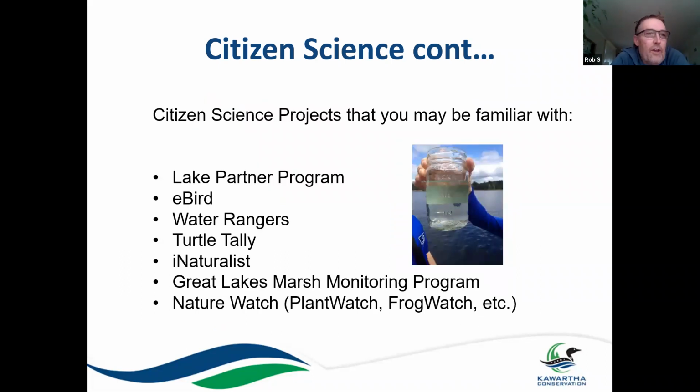So you might be familiar with a number of other citizen science projects that are out there. A couple of common ones that a lot of people are familiar with are eBird and iNaturalist. And one of the things that has happened in recent years is technology has really assisted with citizen science. So most people are carrying around a smartphone and they can easily upload apps. And a good example of that is eBird. So it has expanded the network of people that can participate in a citizen science project to pretty much a global scale. You can have anybody anywhere in the world submit data through apps.